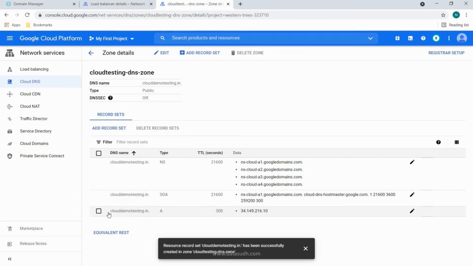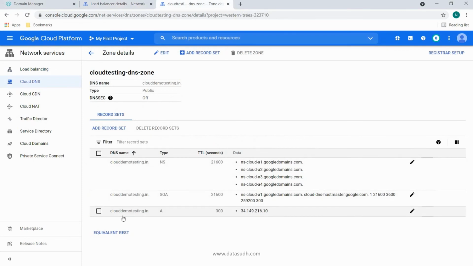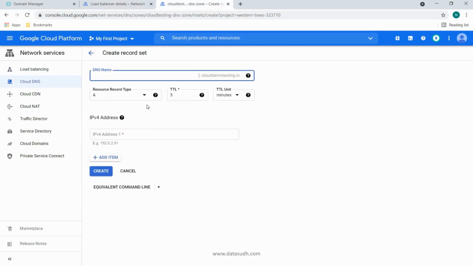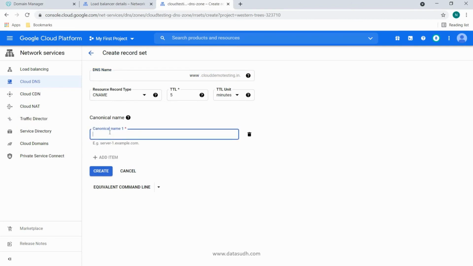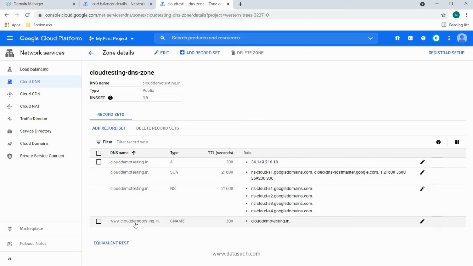So now my main root domain is pointing to my load balancer IP address. Now I also need to point my subdomain. So click on this and create a CNAME entry for my subdomain and point this to my root domain. Click on create. With this, we will be able to access the website with the subdomain and with the root domain both.